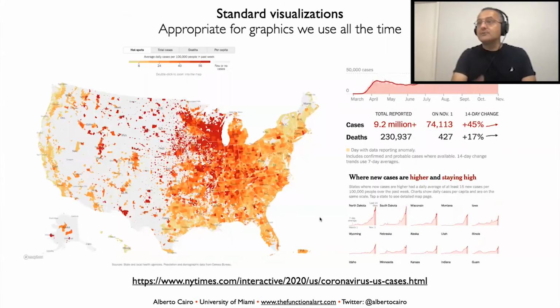Well, I would put graphics that are similar to these ones. Traditional graphics, maps, charts, graphs, line charts, and so on and so forth, to inform the reader so people can get a very clear, very accurate understanding of the data. But what would I put on the cover of the book